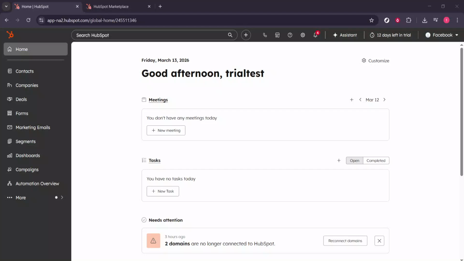In today's video, I'm going to teach you how to integrate Zoom with HubSpot, Easy 2026 Guide. By the end, you'll have Zoom connected through HubSpot's app marketplace, so your meetings and webinars can sync smoothly with